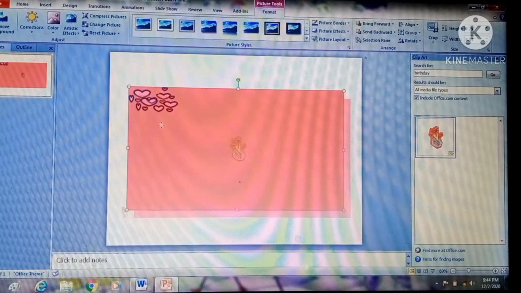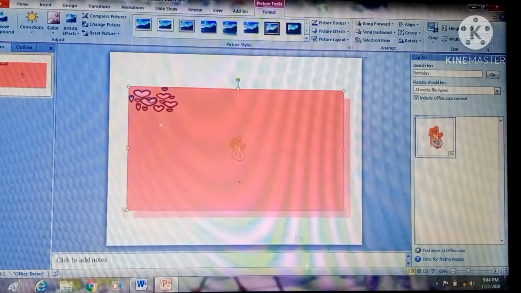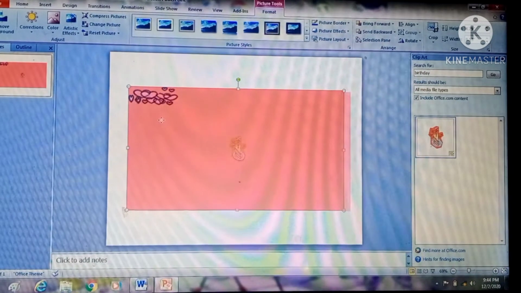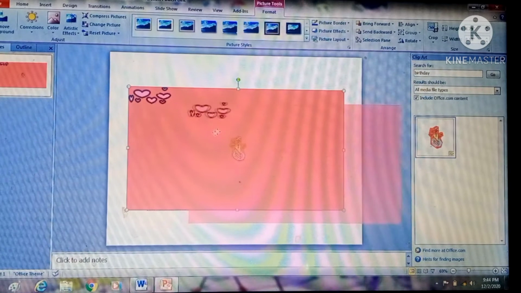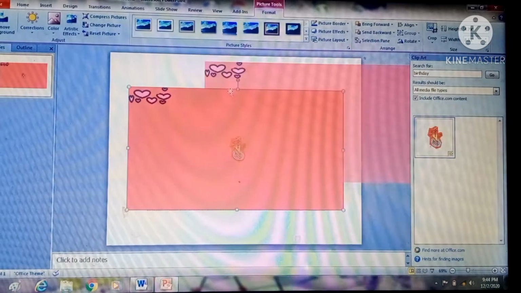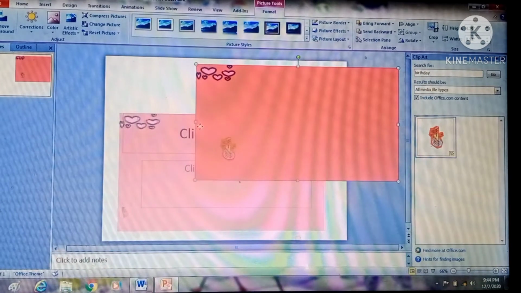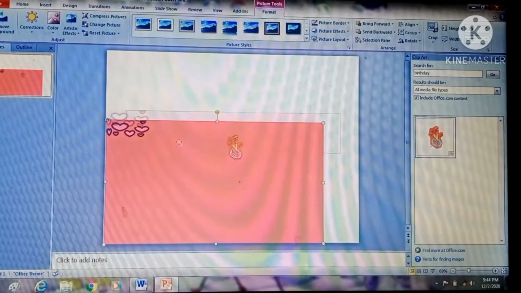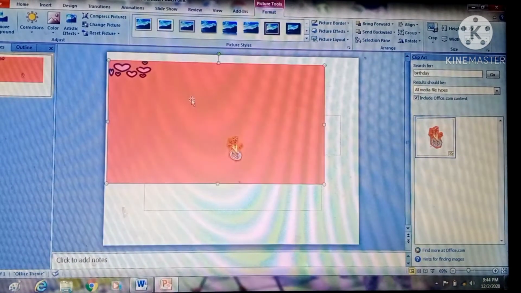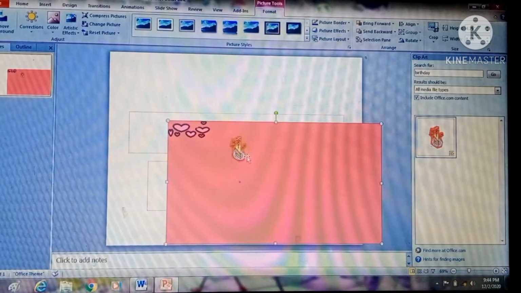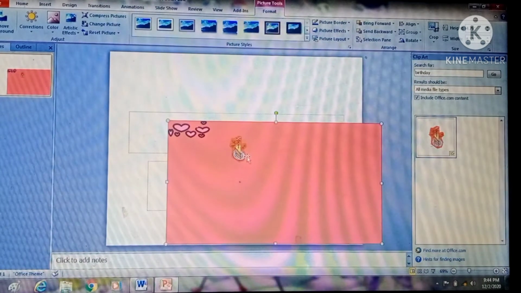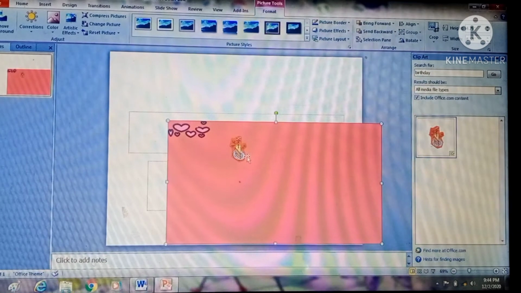When I hold the left mouse button, I drag the pointer to the location where I want the image to be inserted. For example, here. Now the image is here. Again by dragging, like here, like here, then here. So this is the method by which you can move an image.